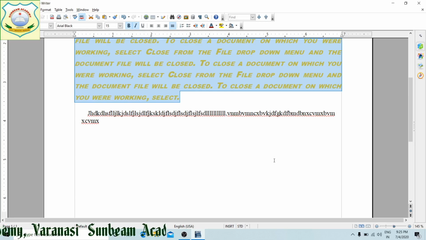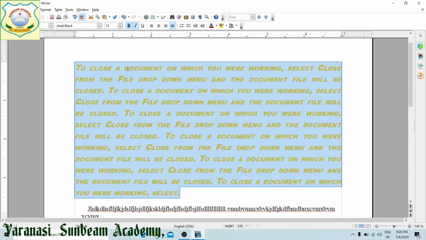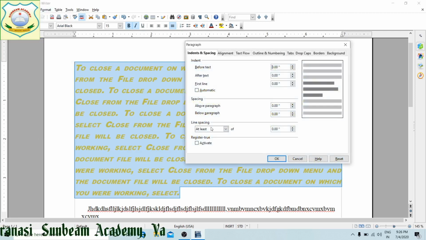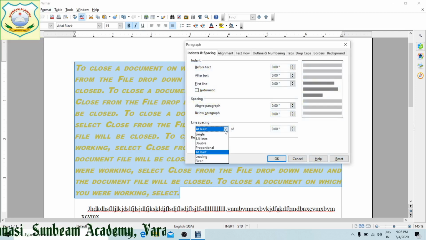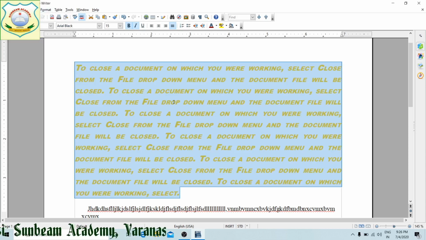Single line spacing has the width of 12 points, right? And suppose I am showing you a paragraph with single line. Its size will be 12 by default, and 1.5 is 18 points.